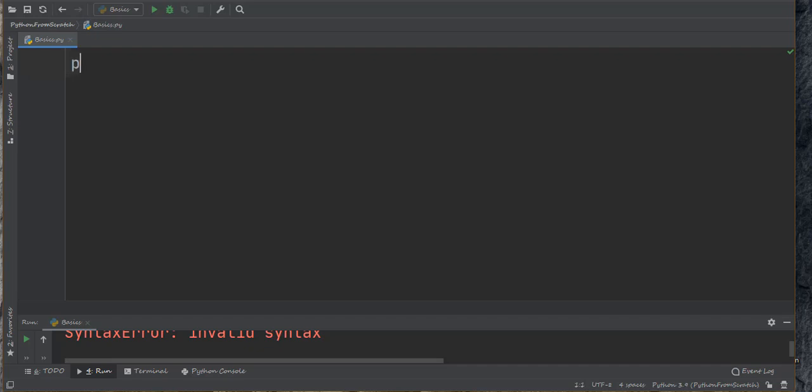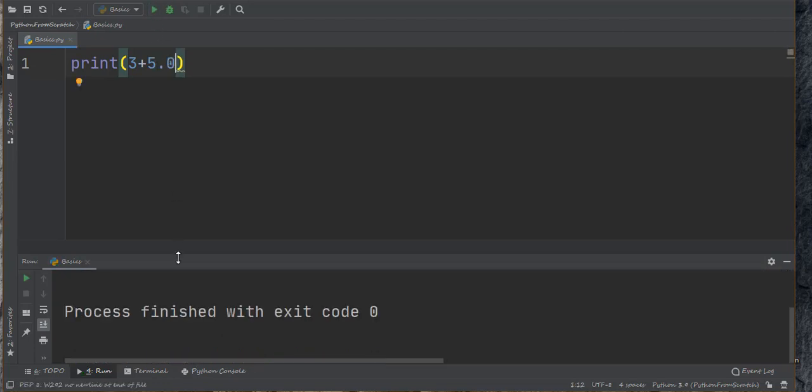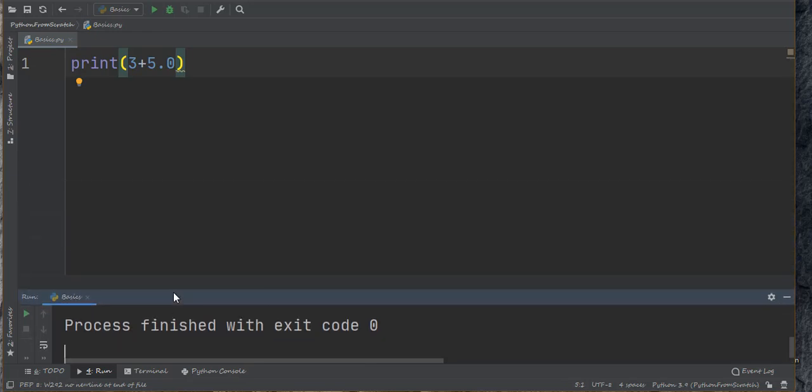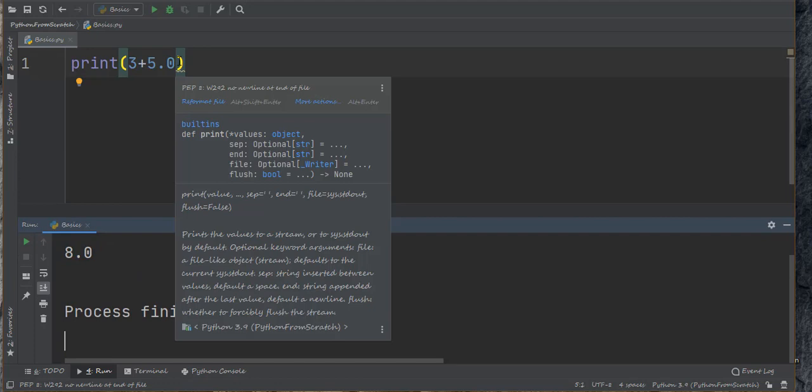For example, if I'm writing print 3 plus 5, here the type of data is what? Integers, right? Both integers are being added. What if I write here 3 plus 5.0, then I get 8.0. I'm adding an integer plus a float.